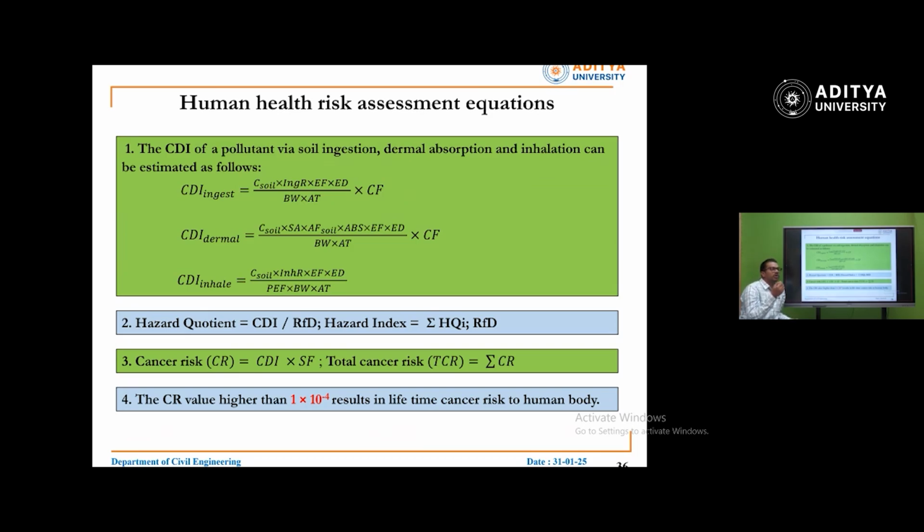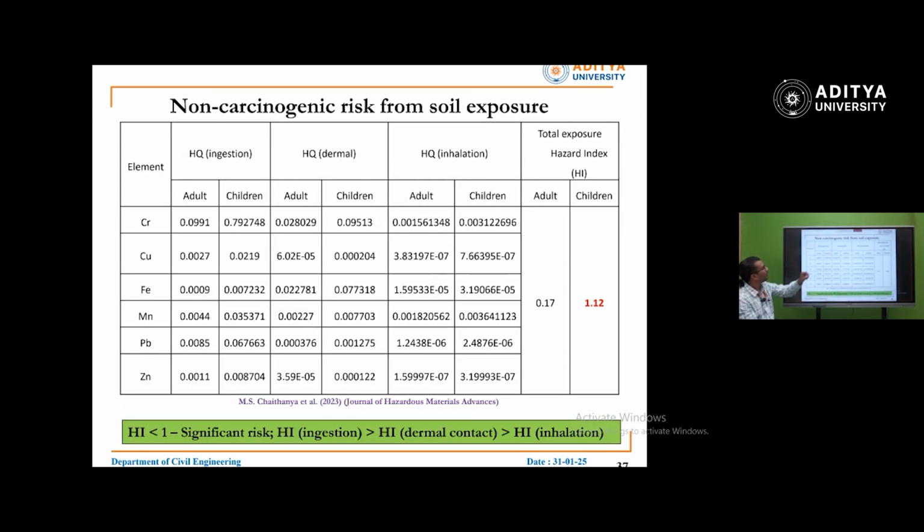See, soil can get accumulated in you in three possible ways. The first one is ingestion. Ingestion means going inside you, either via food or through inhalation or like that. The second one is dermal. Soil particles, due to wind, will get attached to your skin surface and slowly they'll get absorbed. The metal will get absorbed into your body. Then inhalation. So these three routes we have identified and we have calculated the hazard quotient. Then cancer risk, which I have told you, the CDI into slope factor. Slope factor changes from metal to metal based on its toxicity,